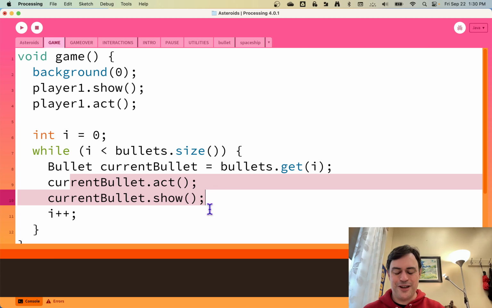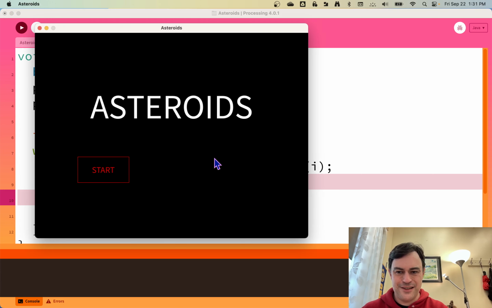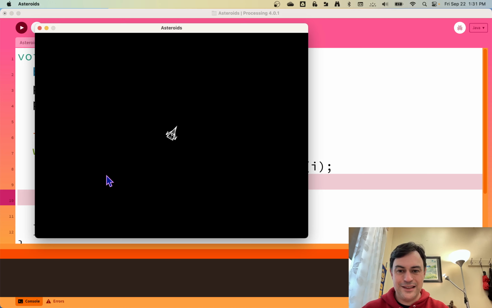So let's see, does it work? Can we shoot bullets? Let's find out. I can't wait. Watch, it's totally gonna fail. Oh, there's a space. Pew! There it is. Pew, pew, pew, pew. We're shooting bullets. Just need some cool